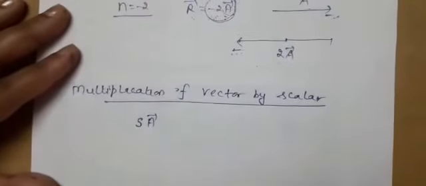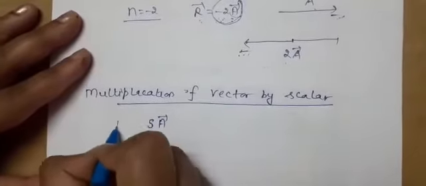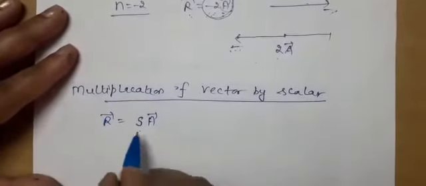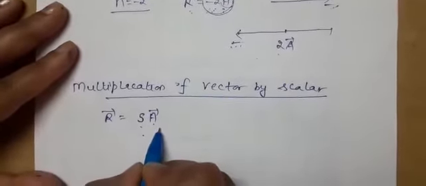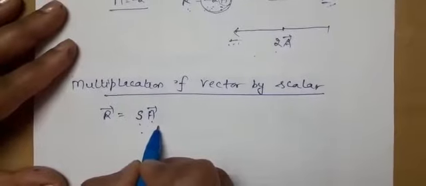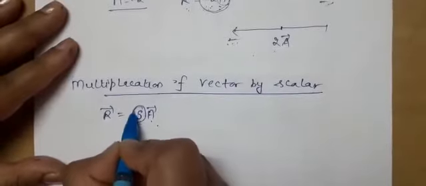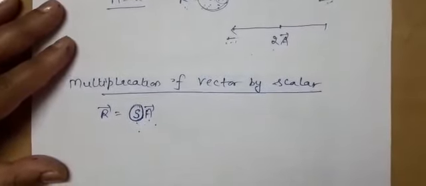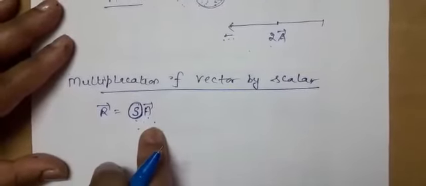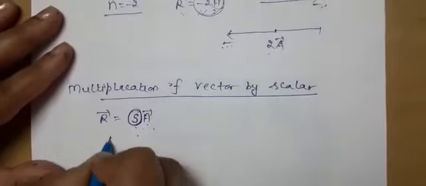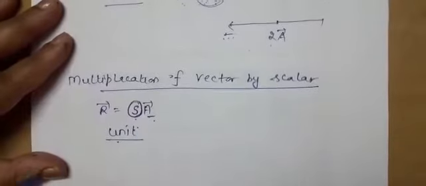So what will be the change? Here you will see that the magnitude, if we are representing it by R, will become S times the magnitude of A and act along the direction of A. Here we cannot say that there will be a change in direction, because this is a scalar. This is a quantity which has no direction. So when a scalar is multiplied with a vector, the direction of the resultant will be the same. So what factor will be changed? Unit. The unit of the resultant vector will not be the same as that of the given vector.